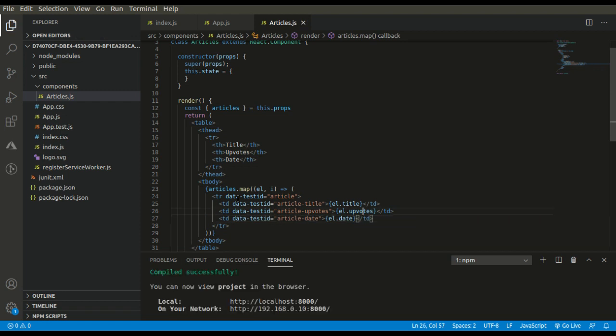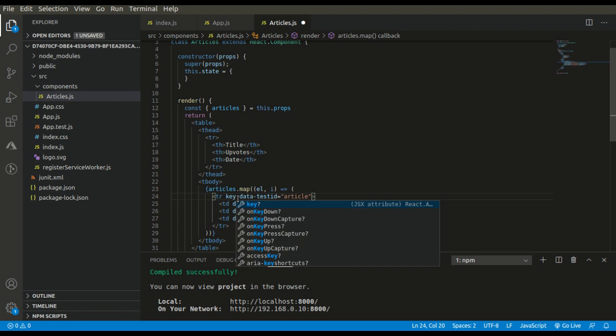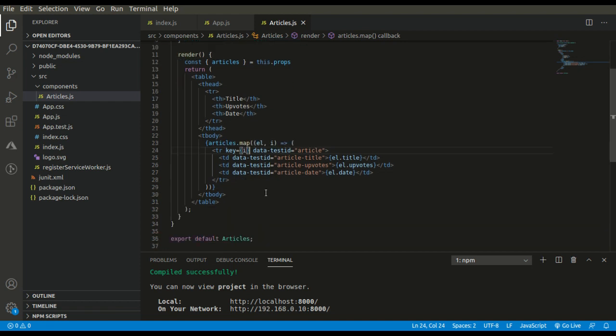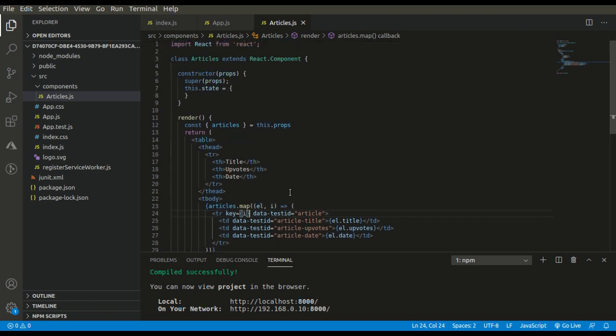Cool. One more thing friends, we need to give the key property here for uniqueness, so I will assign it index. I guess our coding is done. Now let's see.